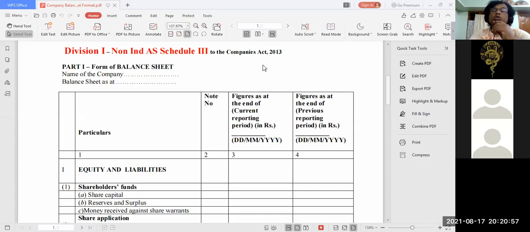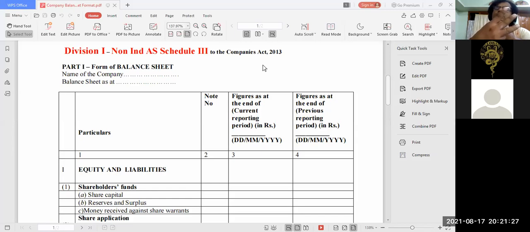And there are two other types of companies, Division 2 and Division 3. I'm not taking them in this lecture. Hope I'm clear, because if I do not explain where I am, then you'll get all confused. Whatever I teach, everything will be jumbled up. Now see, I have divided companies in how many groups? Tell me. 3. Division 1, Division 2, Division 3.